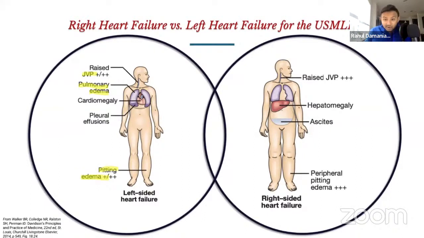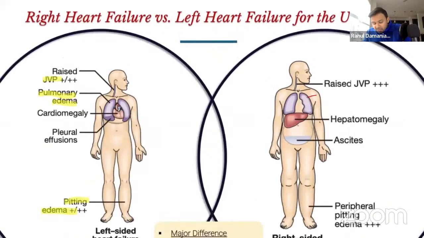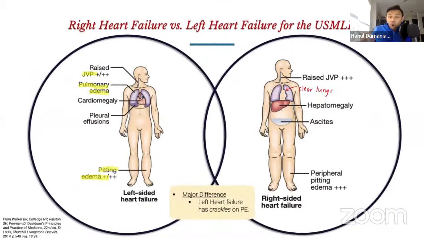Patients who are going to have right-sided heart failure, though, are going to characteristically have clear lungs. And this is really, really important, because remember, if you think about flow, if you have isolated right heart failure in the absence of left heart failure, say from pulmonary hypertension, fibromuscular dysplasia, etc., you are going to have blood that is going to back up from the RV to the RA, causing raised jugular venous pressures, hepatomegaly, subsequent ascites, as well as pitting peripheral edema. So the major difference is that left heart failure has crackles on the physical exam in your USMLE questions.